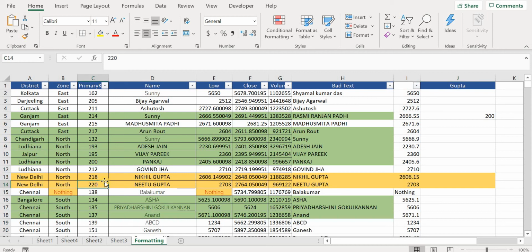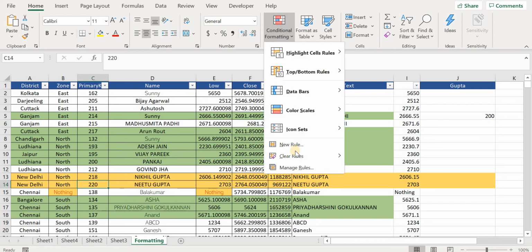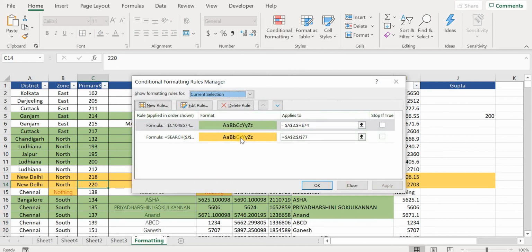If you remember, we are using two conditional formats, which has this Gupta also. But suppose you want to give preference to the number and not to the name.